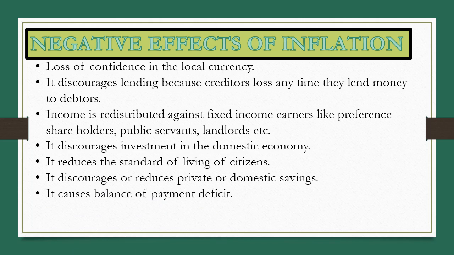7. Inflation causes balance of payment deficit. This is because prices of imported goods tend to be relatively cheaper in the home market than domestic products, which continue to experience rising prices. If the inflation happens to be demand-pull, it could force the government to import a lot of goods to supplement what is locally produced. On the other hand, exports will be discouraged as domestic goods are too expensive to be demanded. In effect, balance of payment deficit could occur since government import bills will increase while export revenue will fall.